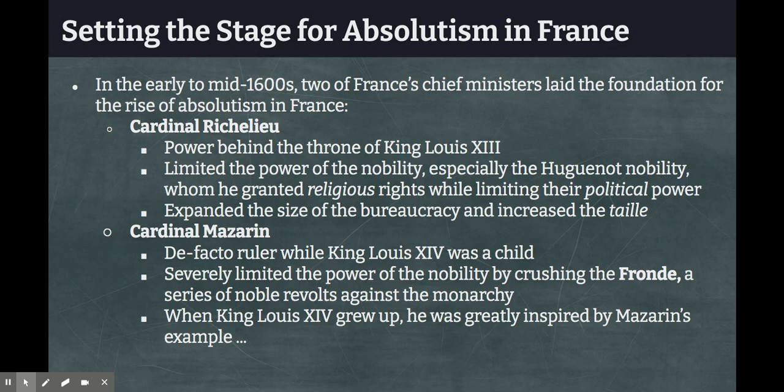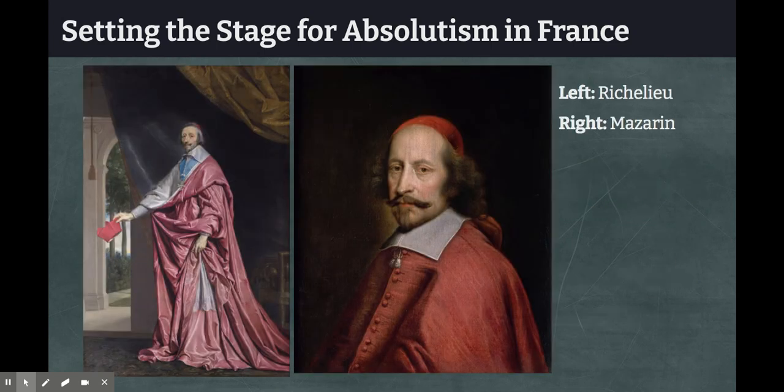And you can see how King Louis XIV, as a young man, is looking at that and realizing, A, the nobles are a threat to his power, and B, that he better crush them if he wants to stay in power, right? So Cardinal Mazarin actually dies when King Louis XIV comes of age, and he's going to continue those policies and take them in a new direction. All right, so just to give you a sense of who we're talking about here, there's Richelieu on the left and Mazarin on the right. So you can see pointy beards, very in style right now.